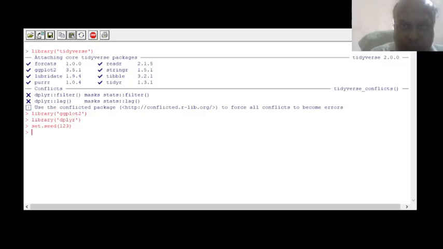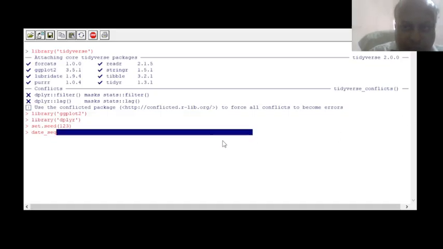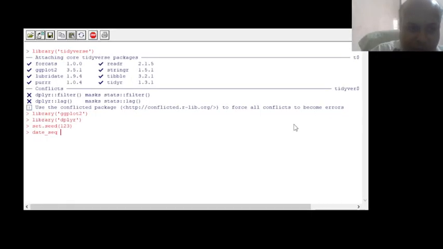I'll generate a sequence of dates over 365 days, and it will be of length 365, to create data for an entire year. So I write date sequence as dot date,